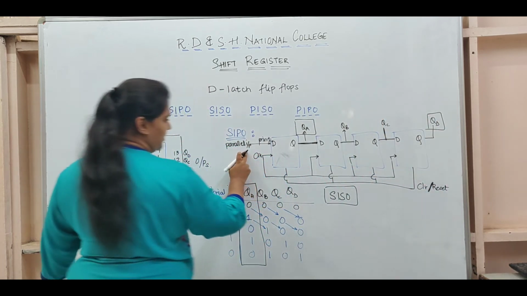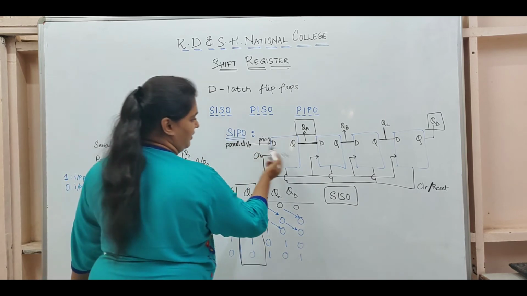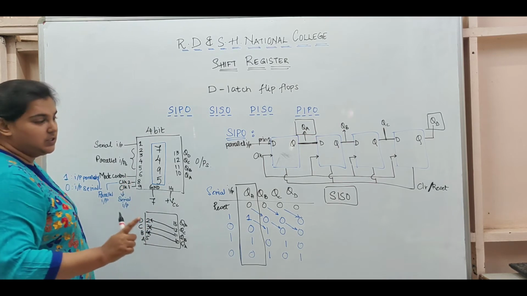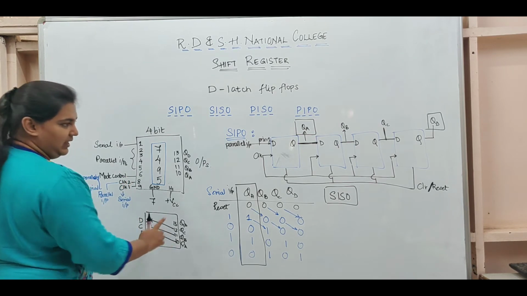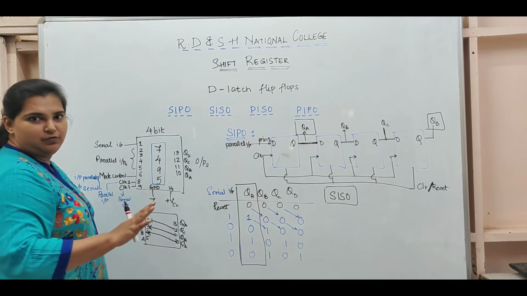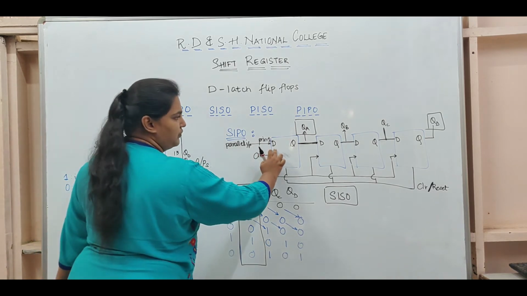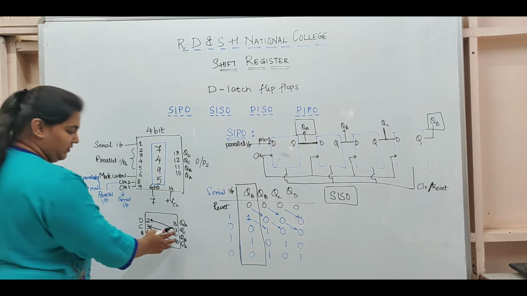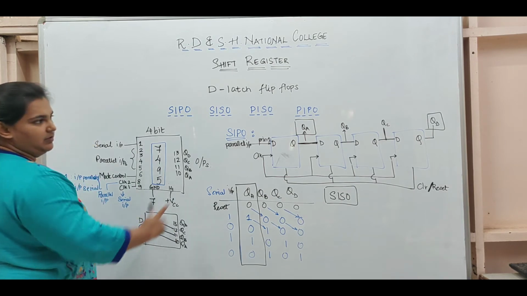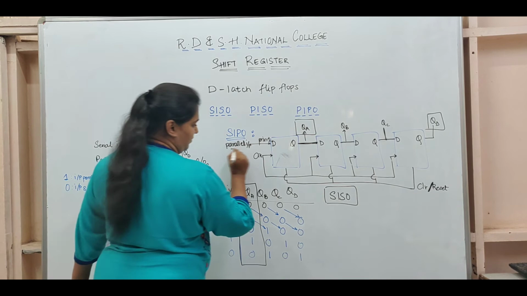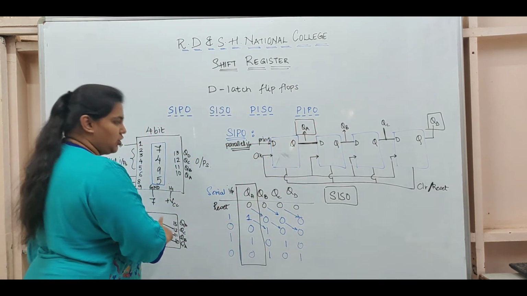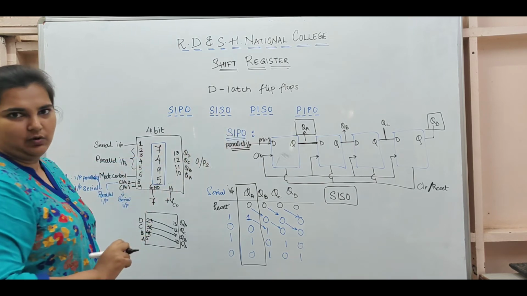So whatever was given as input here, even if I am giving parallel data, so if you can see, I am giving 4 data inputs. Even if I am just interconnecting them, the number of data inputs you are giving is 4. It's not that I am giving data only to the first flip-flop. I have given connections to the other 3 also. So even if I am giving 4 inputs, I am getting 1 output, whatever was given here is appearing at the output. So this is called parallel in and serial out.